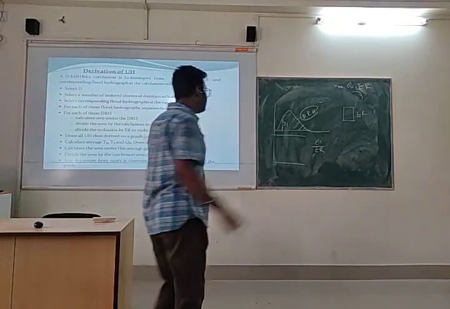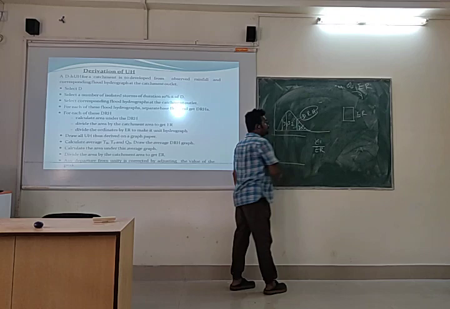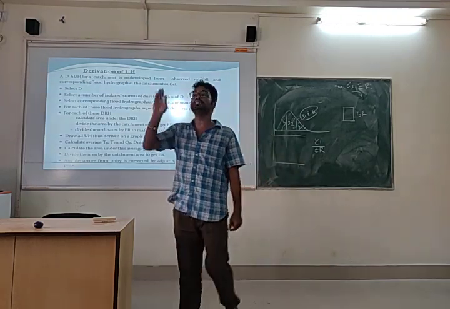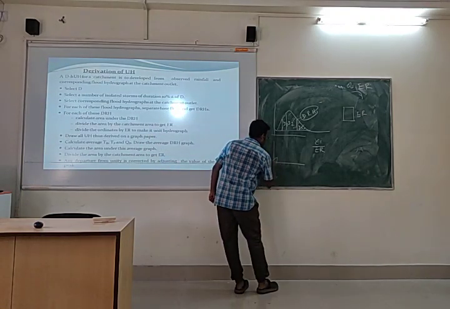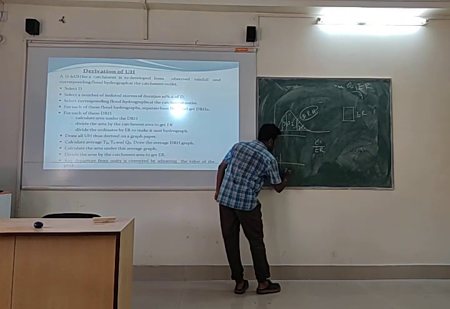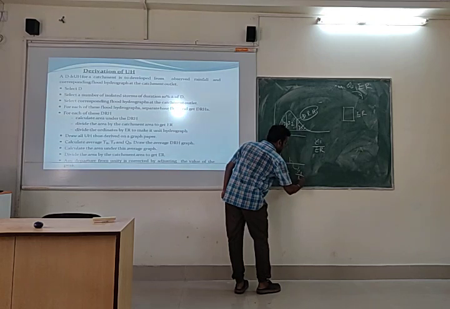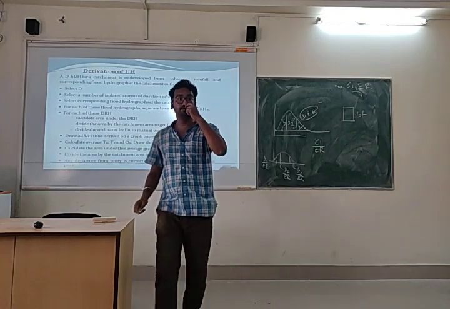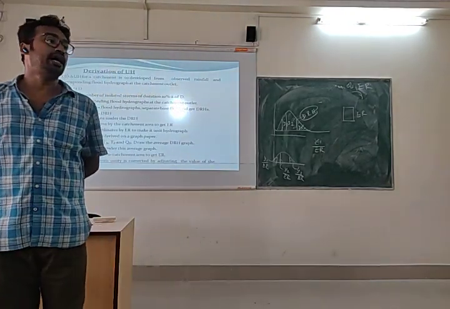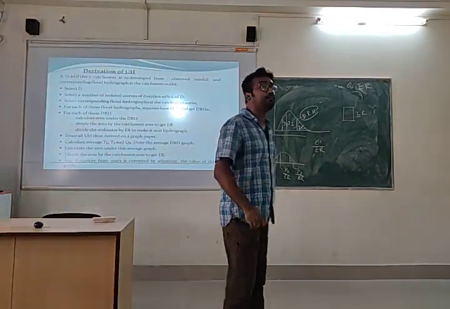So if you divide all the ordinates, Y2, Y3 and so on, by ER, you will get the ordinates Y1 by ER, Y2 by ER, Y3 by ER and so on, and you will get one curve, and that curve will be the unit hydrograph. Clear? But this unit hydrograph is for a particular precipitation.